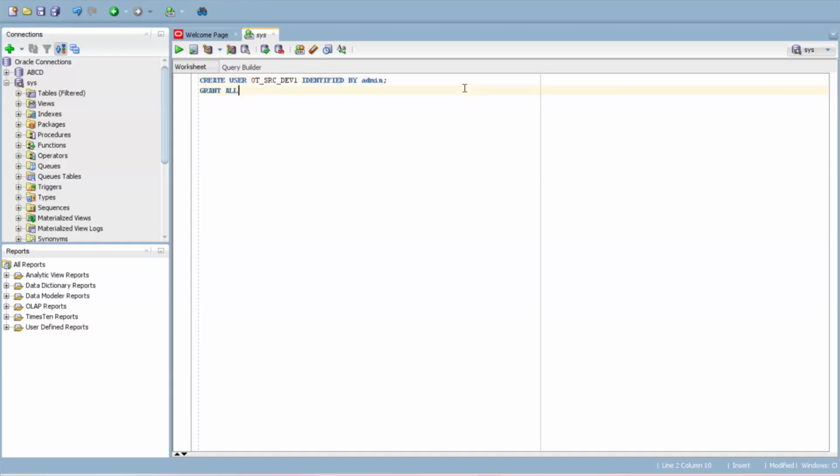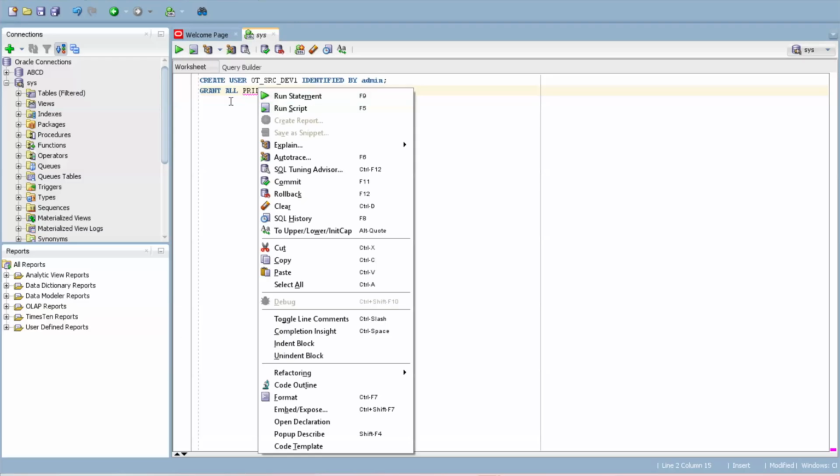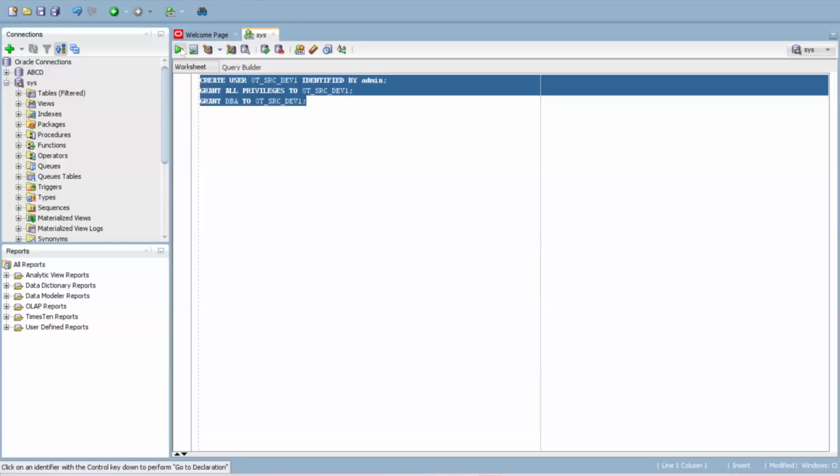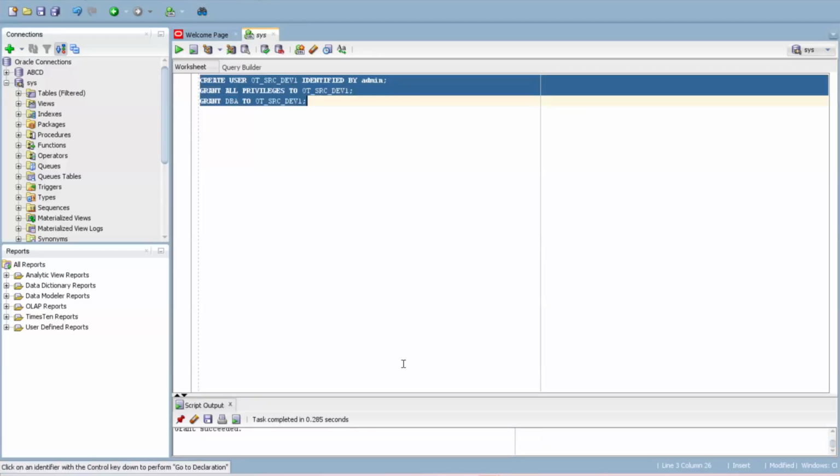And then I am giving grant all privileges to OTSRC dev 1, the schema name, and then grant DBA to this, already discussed in PowerCenter training. Okay, executed. So my source schema is created.